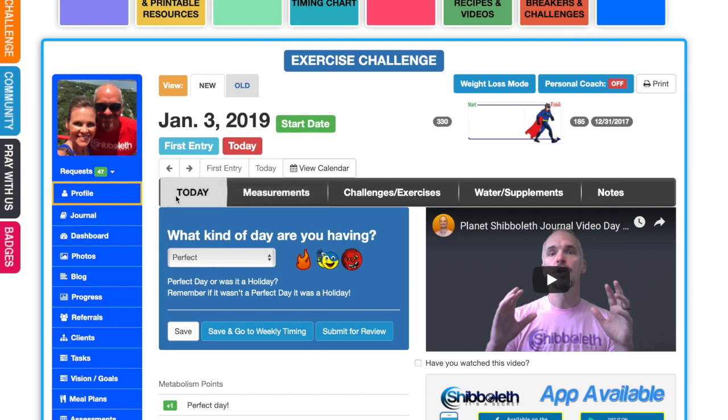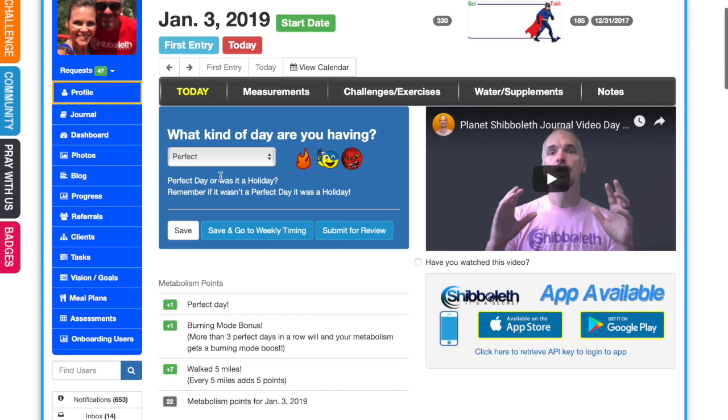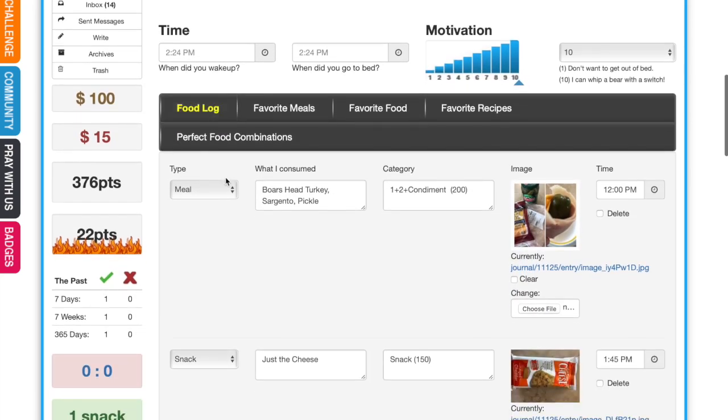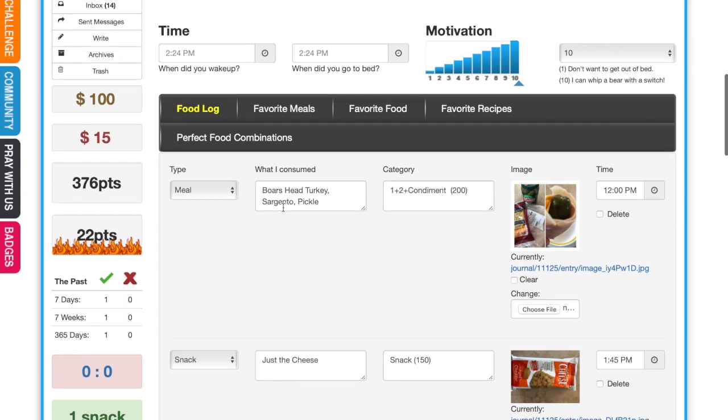So here I am in my journal. You can see that I've had a perfect day today. And through the app, I entered my meals. Meal 1: Boar's Head turkey breast, Sargento cheese, and a pickle. 1 plus 2 plus a condiment. And then I had a snack, just the cheese bar snack. So I've entered my meal and I've entered my snack.